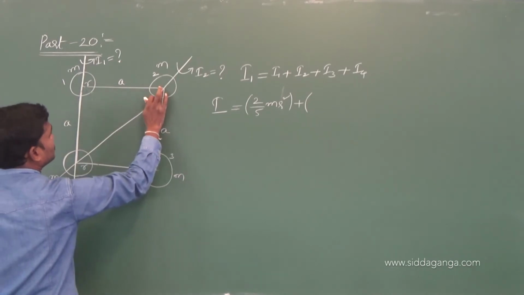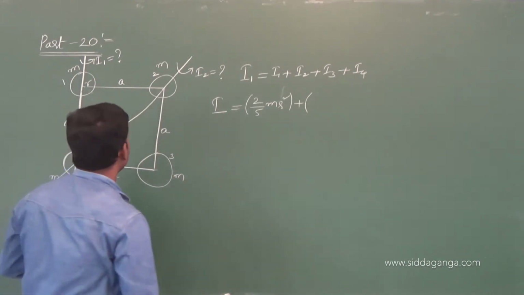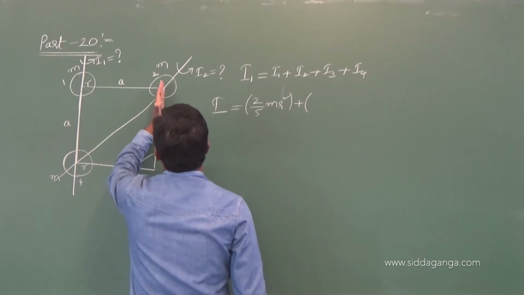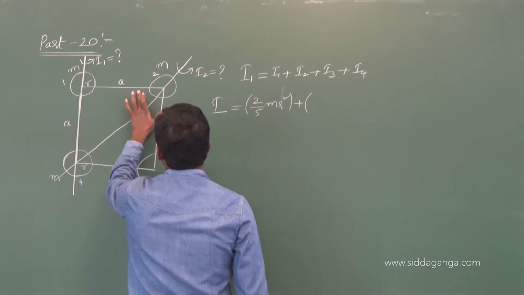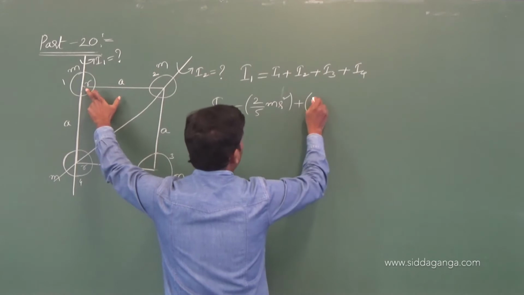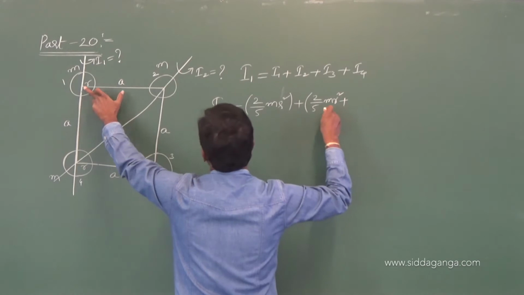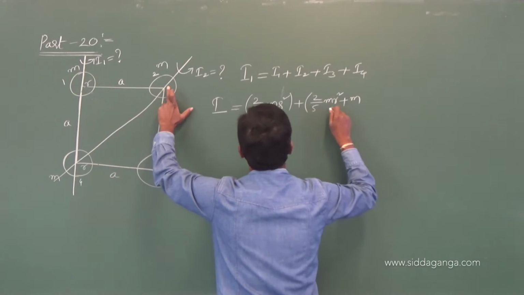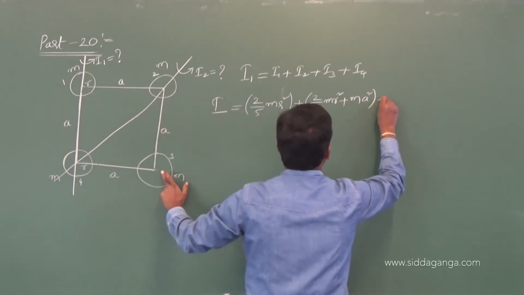See, this is a sphere, it is at a distance of a. So for this axis, this is at a distance of a, then you can go for the parallel axis theorem. What is the gap between these two spheres? a. So by using the parallel axis theorem, the moment of inertia passing through the center of mass of this one is 2 by 5 mr square plus mass of the sphere into the square of the distance. Coming to I3, also the same.